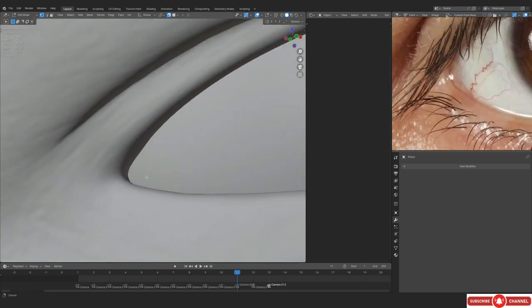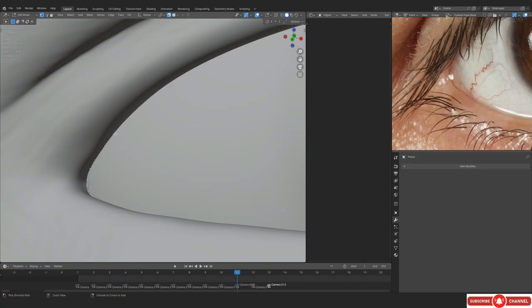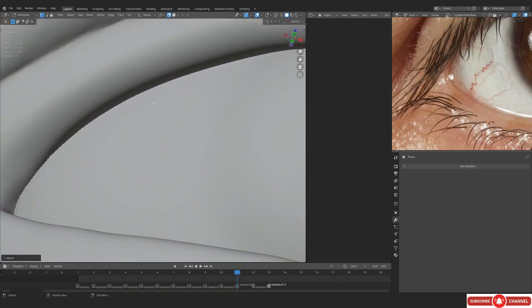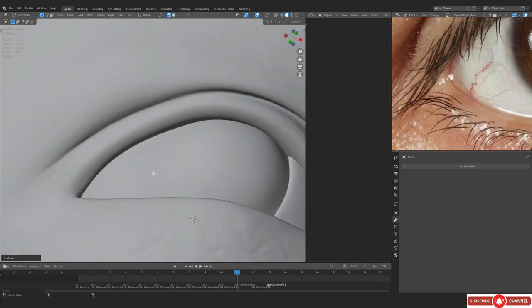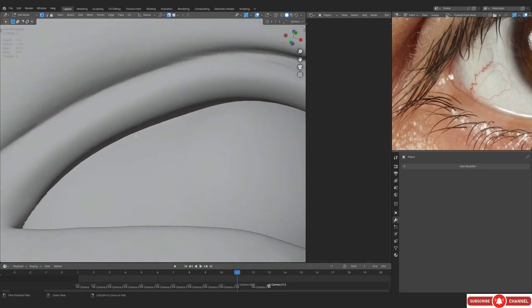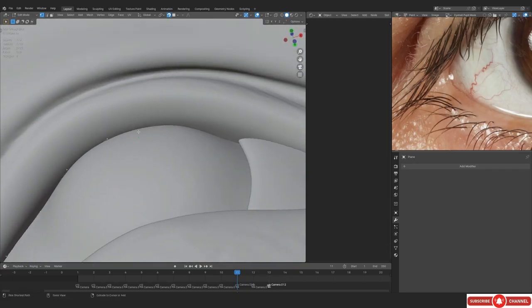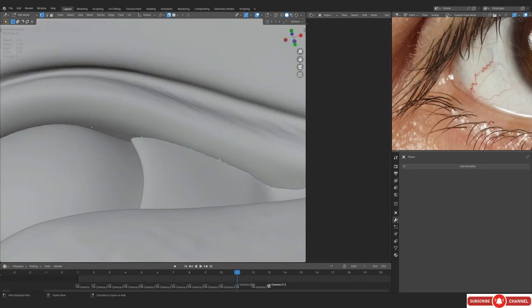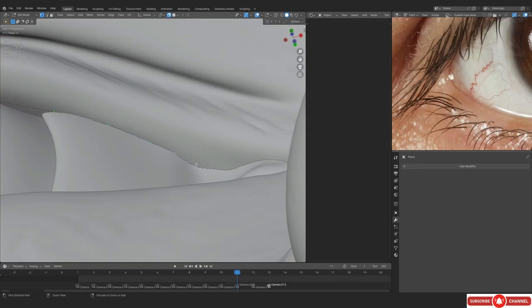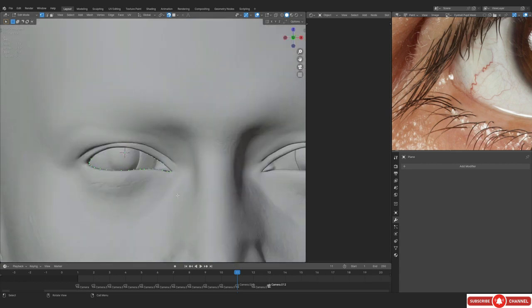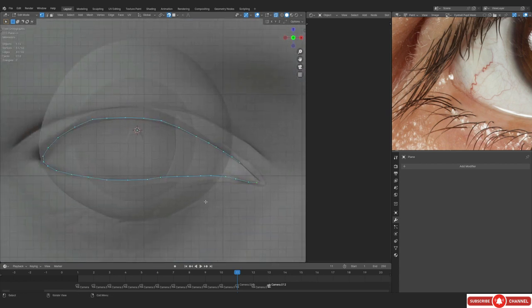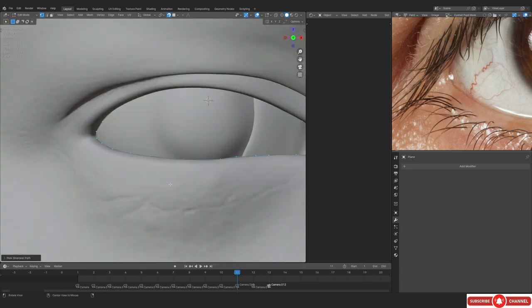We also have that in the corner, so we cannot really leave that, and we are basically just gonna be creating a full circle, right? That way we'll be able to do both sides in one mesh. So that's pretty cool. When you will be rigging, if you are doing this for animation, you can make the tear line like this for animation as well. You can actually rig it, so that's pretty cool as well. So this particular method is not just for portraits only. If you are doing this for animation, you can definitely just copy it.